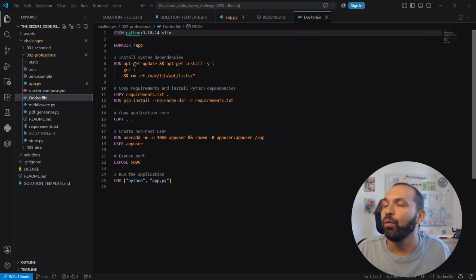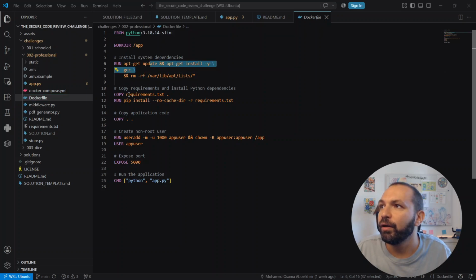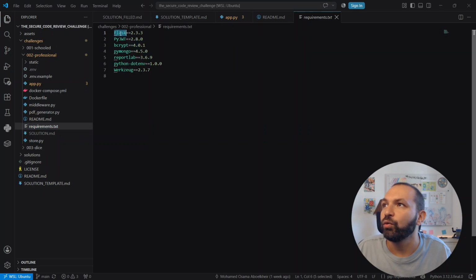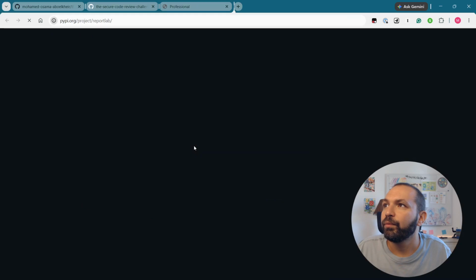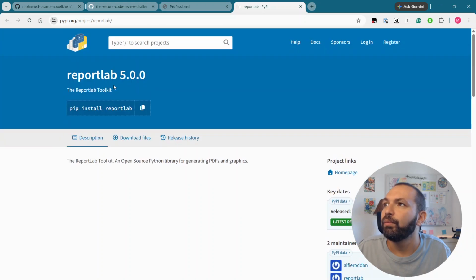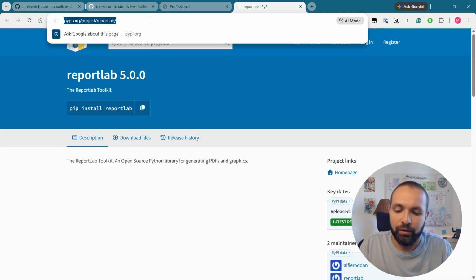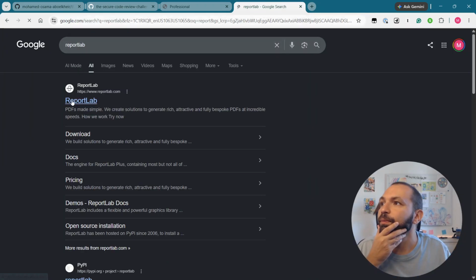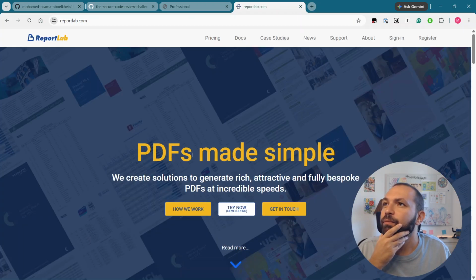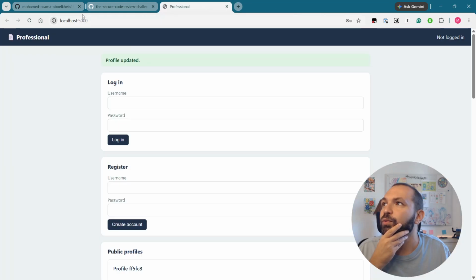This is basically how we build and run the application. So we're installing some packages. We are then installing this requirements.txt file. So this has some packages. It seems Flask is going to be used for the backend. Then we have some libraries for the JWT. This, I assume, is going to be the password hashing and so on. And we have some other things that we can look at as well. So this, for example, ReportLab, we can probably look it up. So this is a PDF generation library, and probably this is what we use to